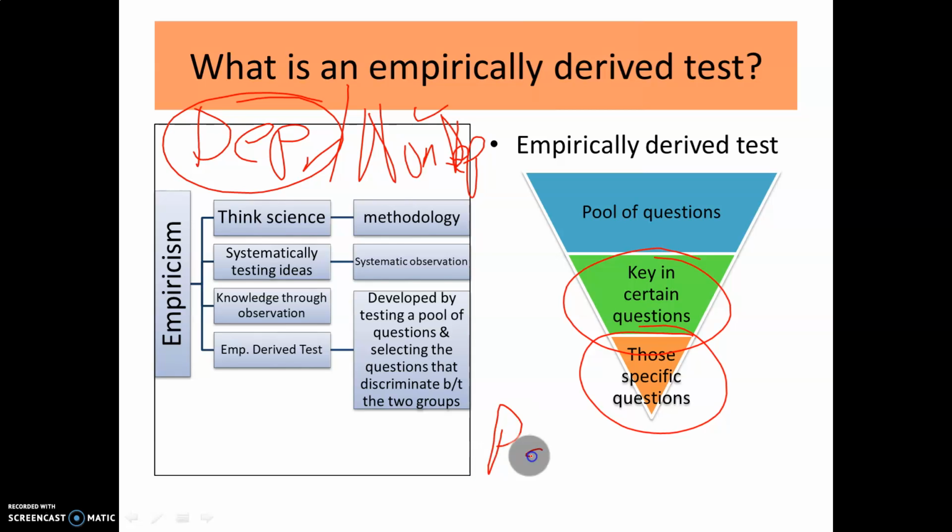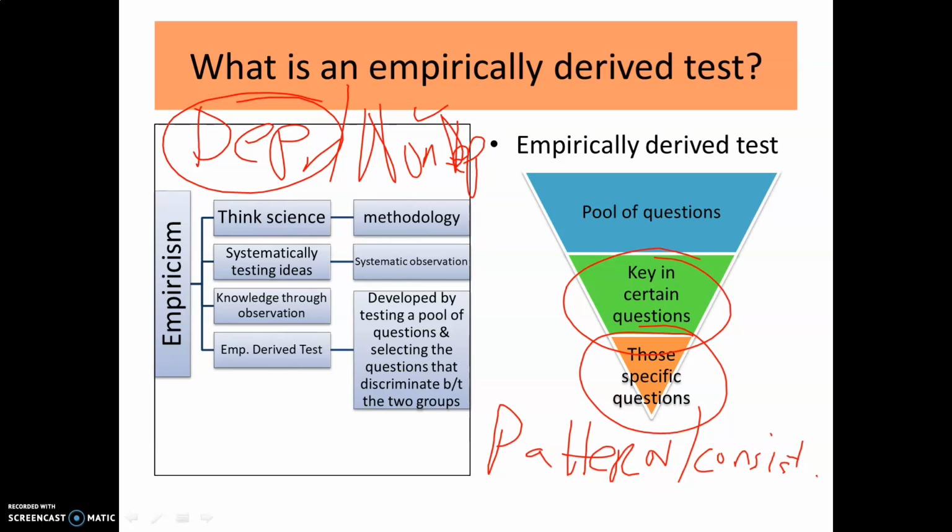I'm looking for a pattern that is consistent, where depressed people answer specific questions differently than non-depressed people. And then those specific questions, I'm going to isolate and select them as being informative in discriminating between the depressed